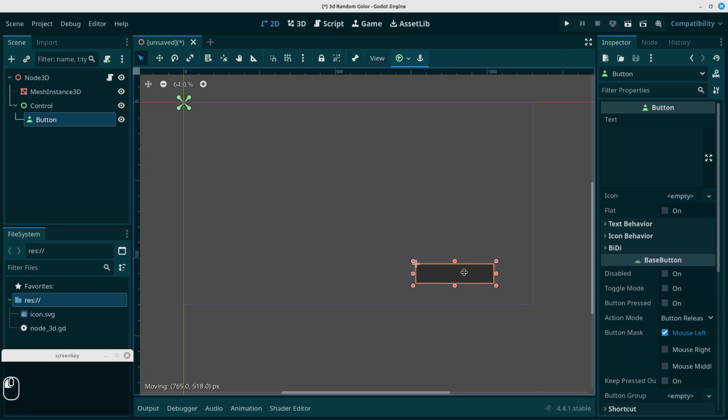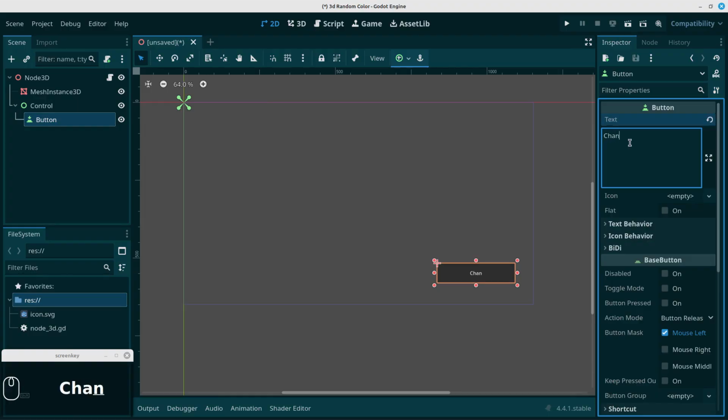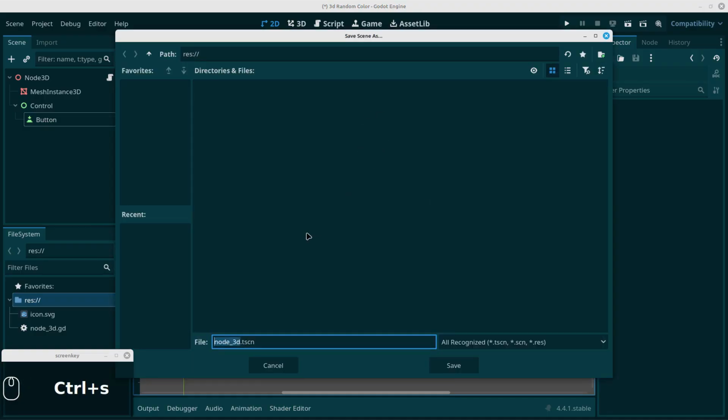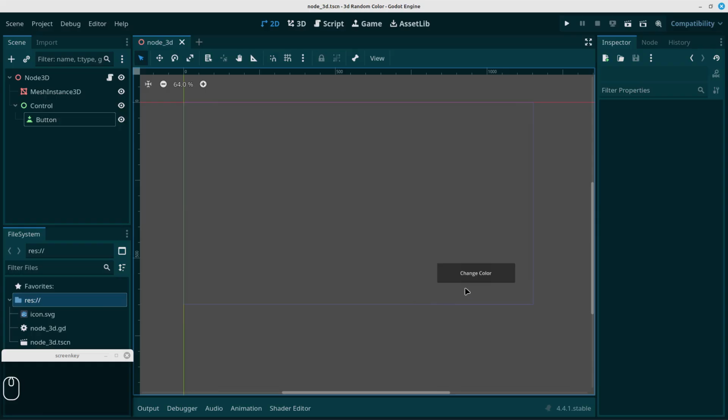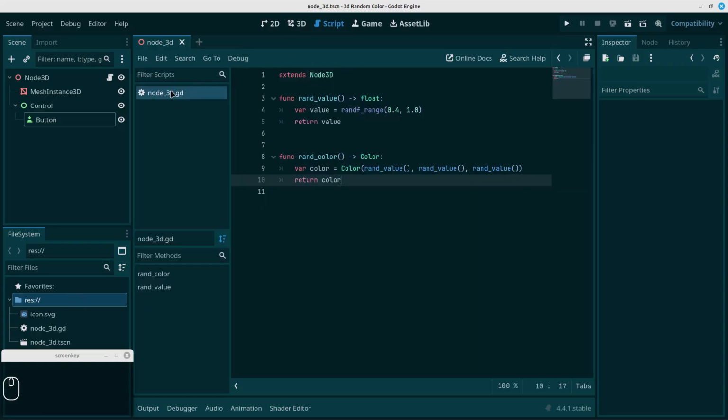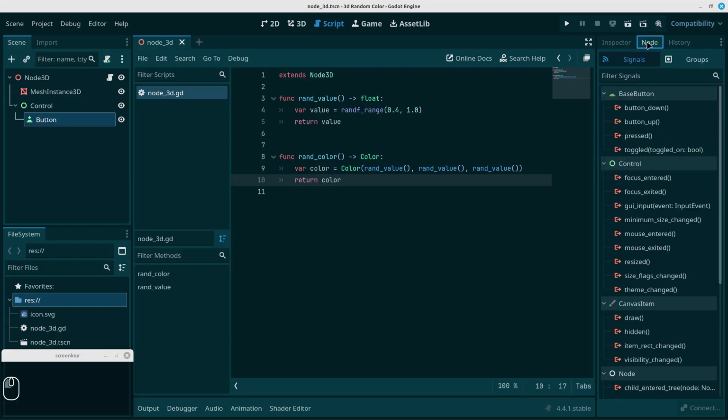Let me just drag this button somewhere around here maybe. And let's add change color. And let's save this. We'll leave it as node 3D. And the script was saved as well automatically. Everything was saved. And let's go into the node tab at the top right hand corner